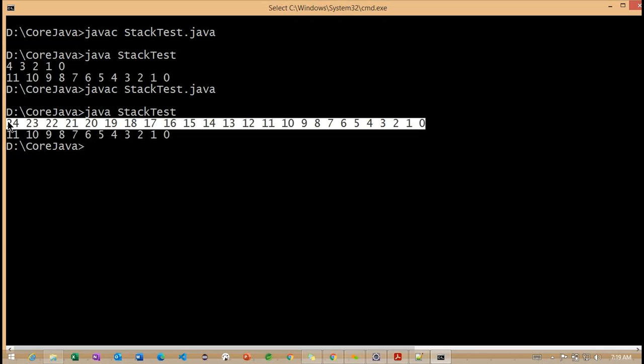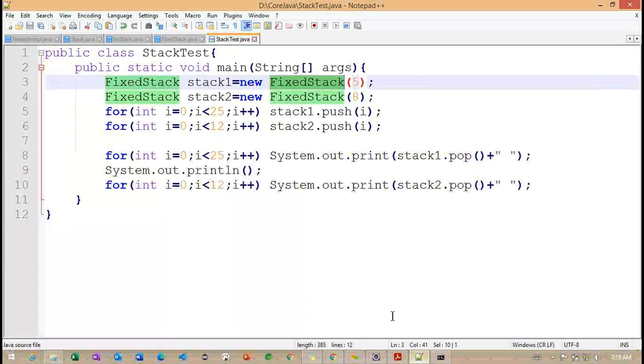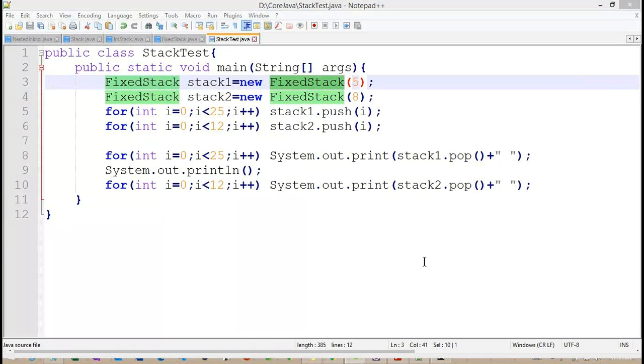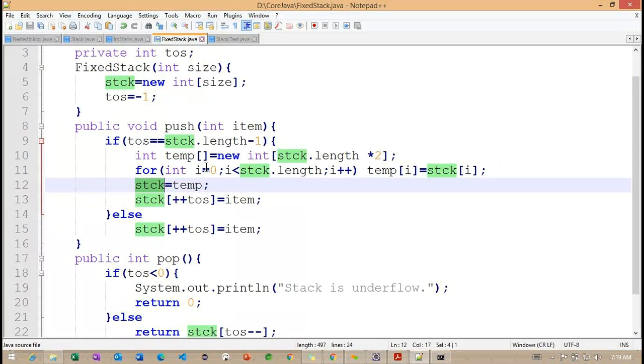But based on our requirement, now what we can do? We can increment the particular array size here. Getting the point. So this example is very important here. If you understand this particular example, you can easily understand our collection frameworks. We are having some classes here, and those are going to increment dynamically. Based on our value, the size is going to increment here.